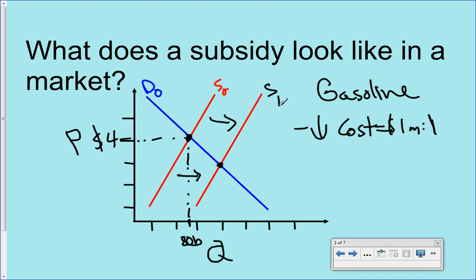This is our new supply curve, which brings our equilibrium price down to about $2.80. And this is exactly what's happening in the United States right now. If we had to pay the full price of what was being asked by the gas companies or the oil companies, we would be paying well over $5 a gallon. However, subsidies from the United States government allow us to pay a price right now in the mid $3 range.